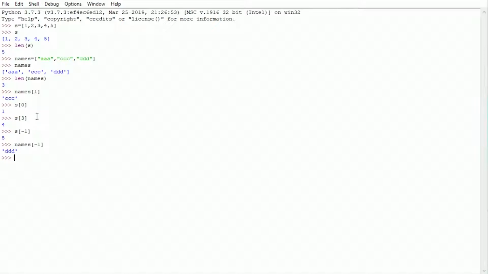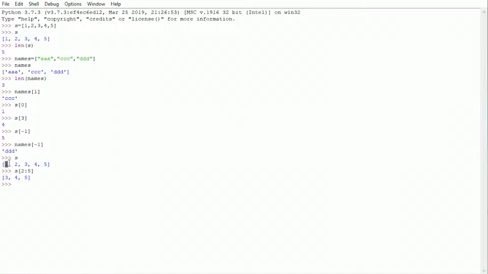Okay, and let's suppose we want a few elements from the list. We have a list of numbers called S. So I want a few elements from this list. In that case, let's suppose I want the elements from the second position, and we write 2:5. So what all elements will it give? It will give me elements from the second position, inclusive of second, but excluding 5. That means second, third, and fourth element from this list. So that means the second element, 0, 1. So this is my second element,